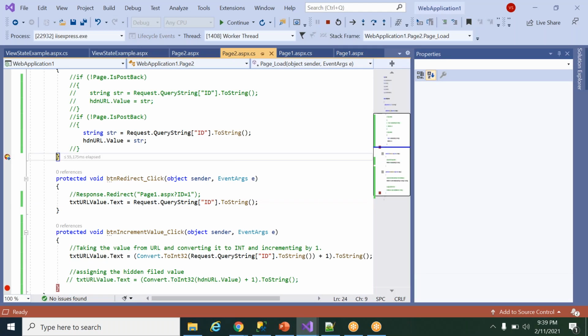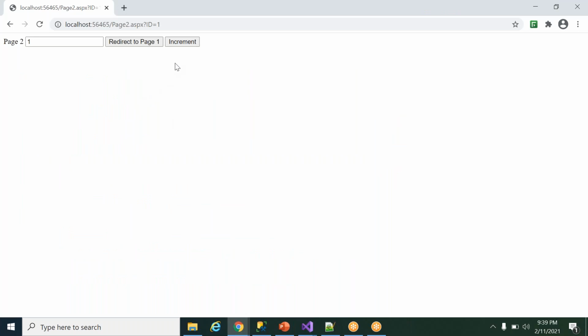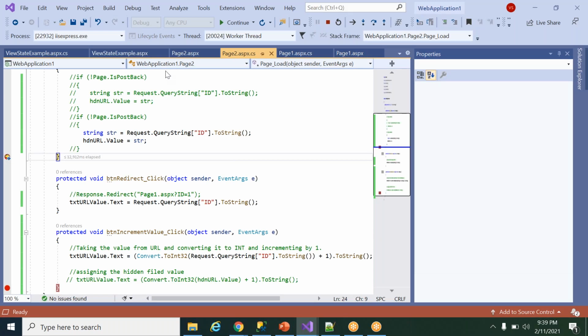Just click on this. What has happened? 1. Now on click of this increment button, I'm going to take this value from the URL and increment it by 1. Now click on this increment button. I am incrementing this value by 1, so the value is 2.